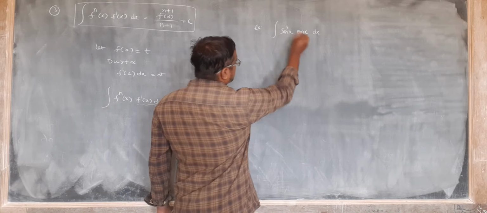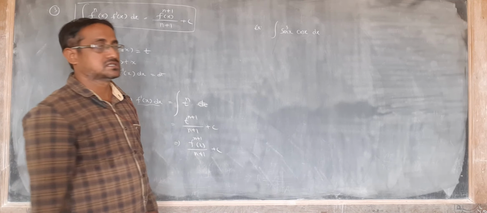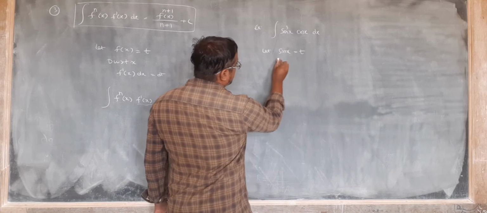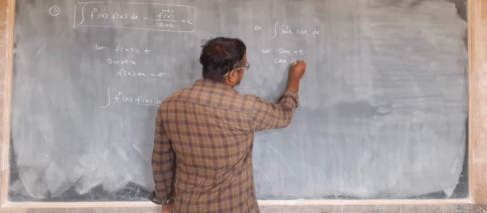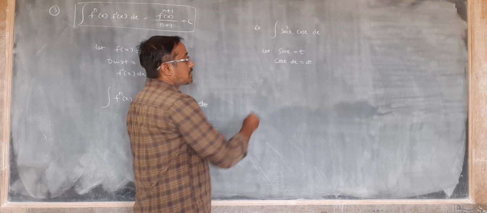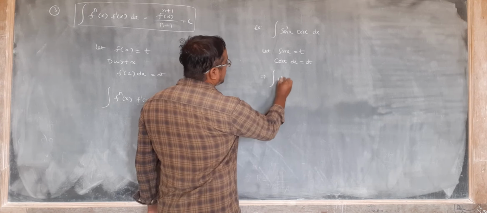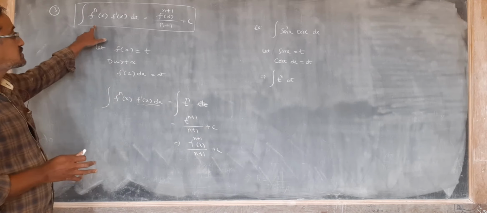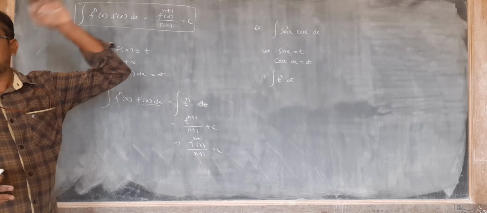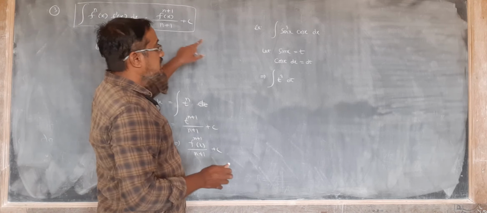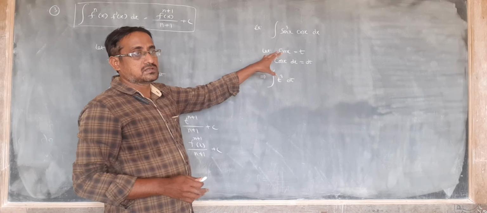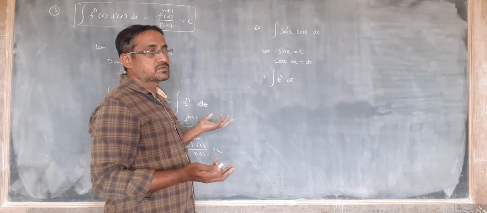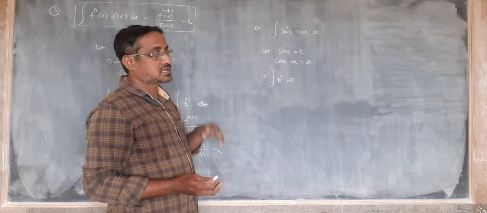This is the given integral sin cube x into cos x dx. Now let sin x as t. Its derivative is cos x dx will be dt. So it can be written as t cube dt. If we can identify the given problem as this formula, we can use that formula directly also. But in examination, you need to mention that formula because it is descriptive type, so you need to mention that formula. In objective type questions, no need to mention any formula, so you can use it directly.